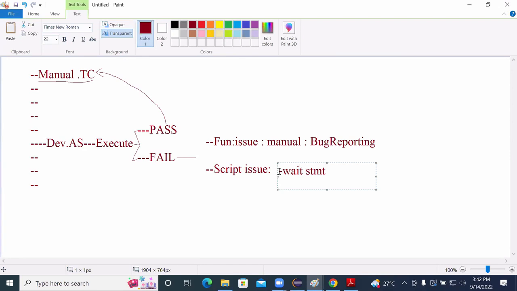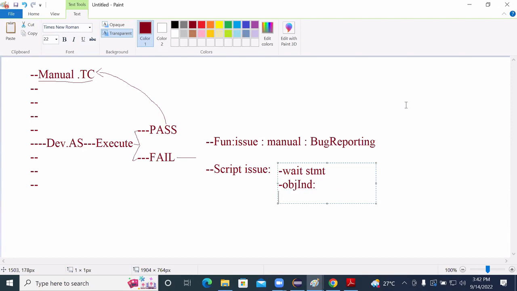In that, the one you will be considering is the wait statement. Another one, so the one you will be taking is the wait statement. If this is working, you have tried with the solution of the wait statement. If the script is working, no issues. In case the wait statements are not working, then you need to try with